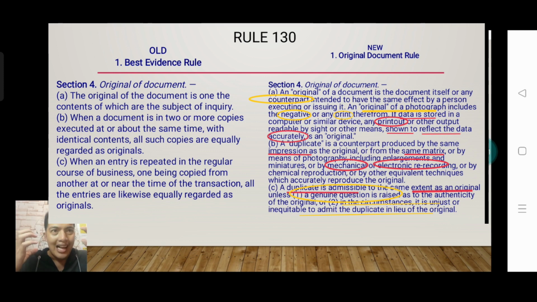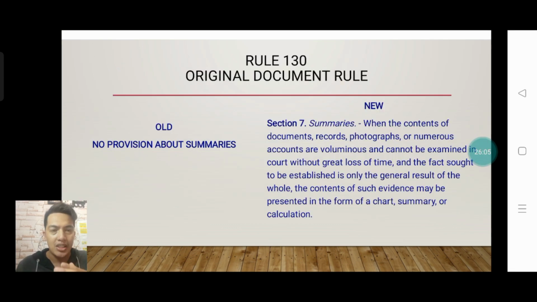So, Rule 130. Under the old rule, there was no provision about summaries. But on the new rules on evidence, there was already an insertion of Section 7 which provides the definition or the explanation of summaries. Before, kung mingon tag summary is naa lang siya sa exceptions nga akong gimang-mention ganiha about sa exceptions from the original document. Sa new rules is naa na gid siya ihang kaugalingon nga rule which is provided under Section 7